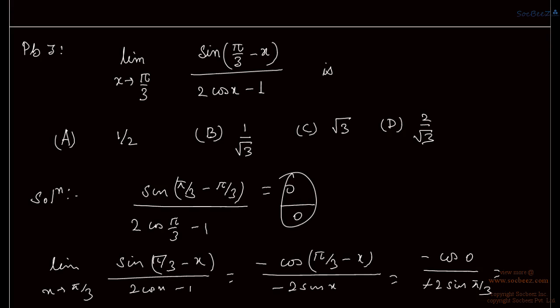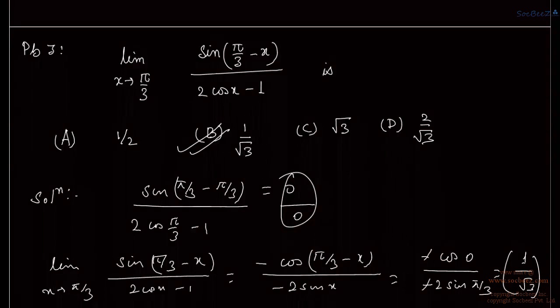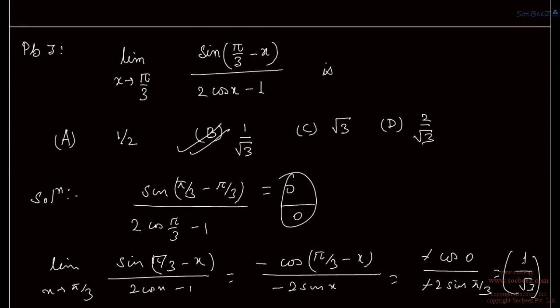So obviously this minus minus gets cancelled. We have cos 0 as 1 and sin pi by 3 as root 3 by 2. 2 times root 3 by 2 is root 3. So option B is the correct one. Moving to the next question,